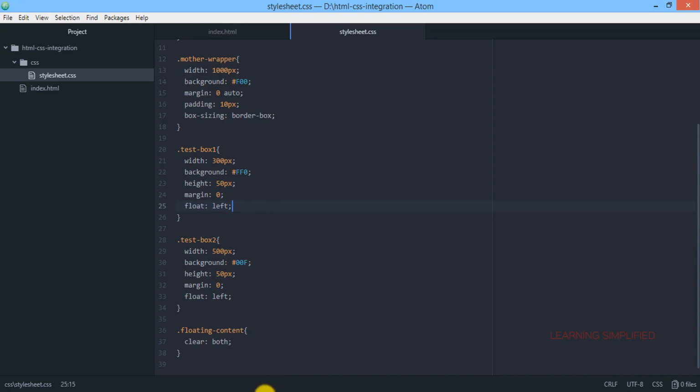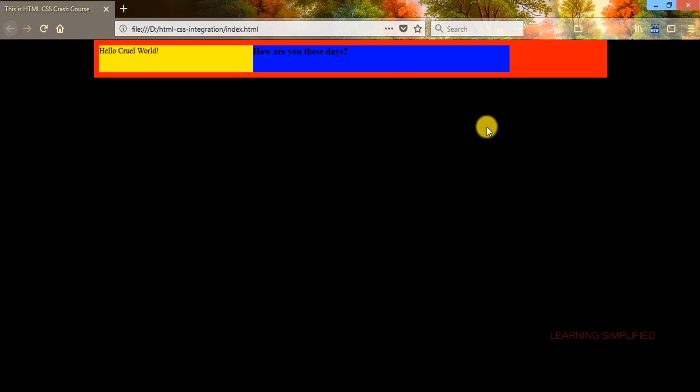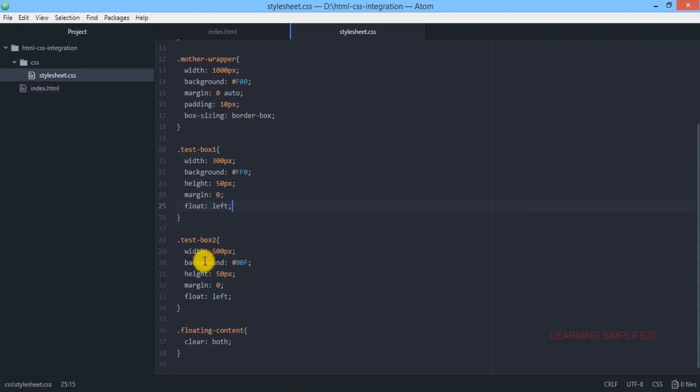Instead of this horizontal preview, you may end up with a vertical one, which is the actual formation of a block level element. This is the worst condition that we have described earlier. But just remove this particular clear property from here.